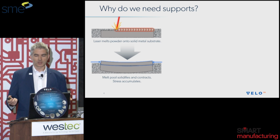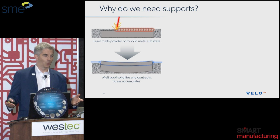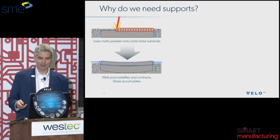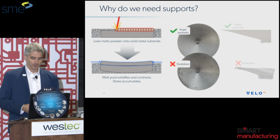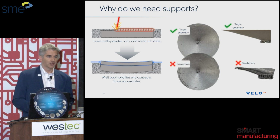One solution to avoid this is to add more supports. It basically holds the patient down on the operating table while you keep printing layer by layer. The other aspect is